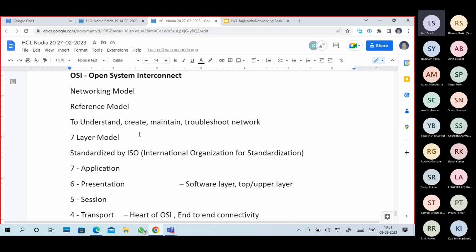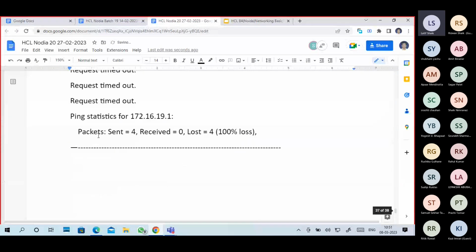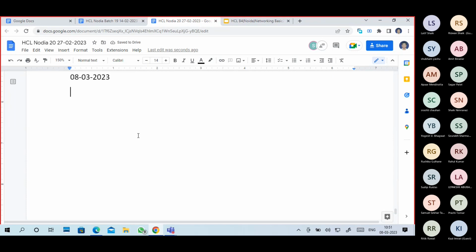Guys, earlier, besides the OSI model, there was the TCP/IP model, whose actual name is the DoD model. IPX/SPX and AppleTalk are also different names.